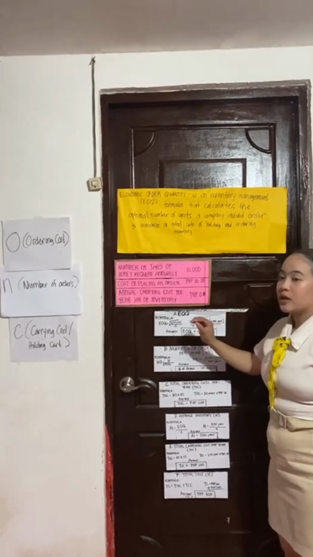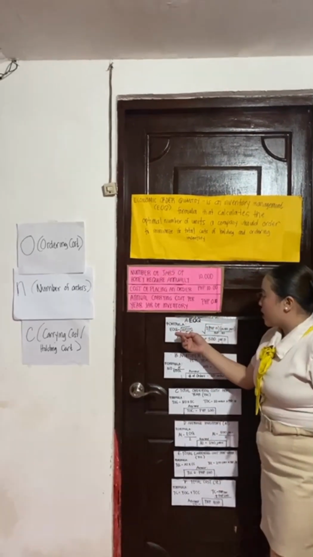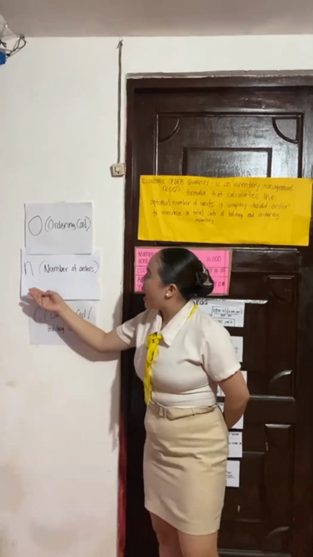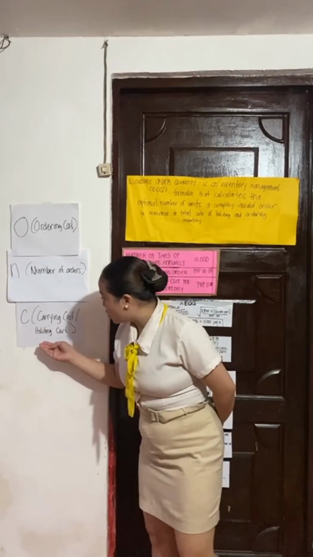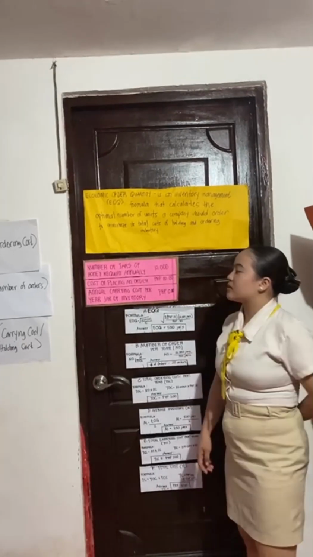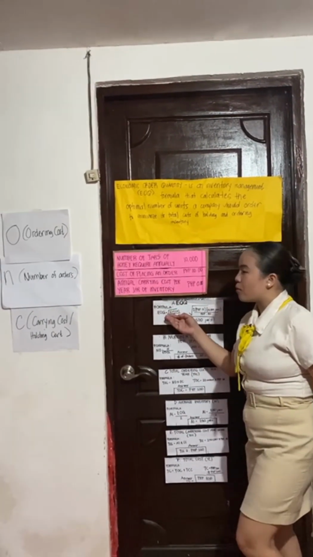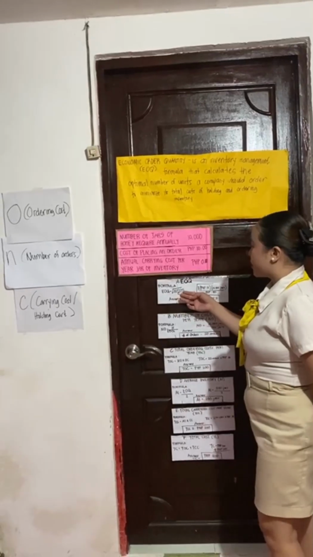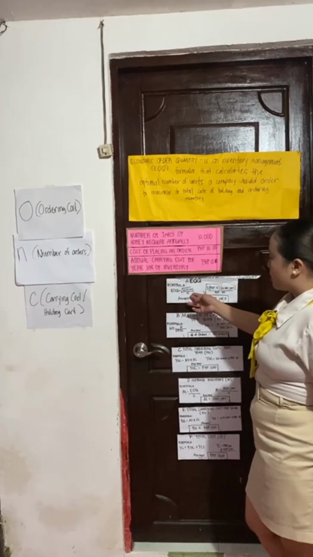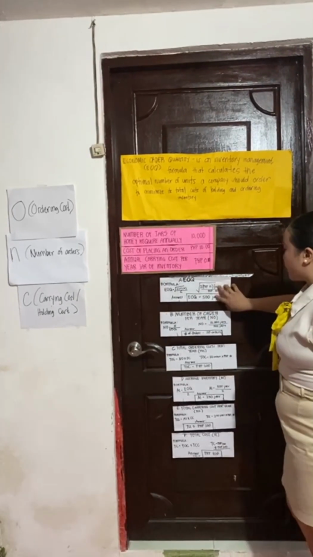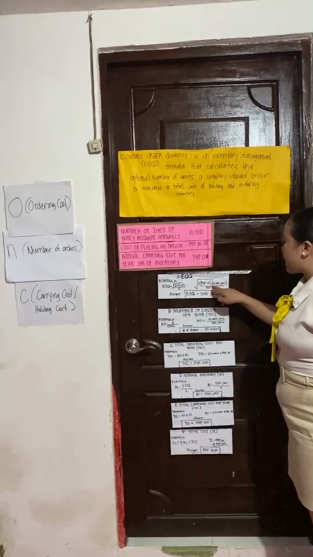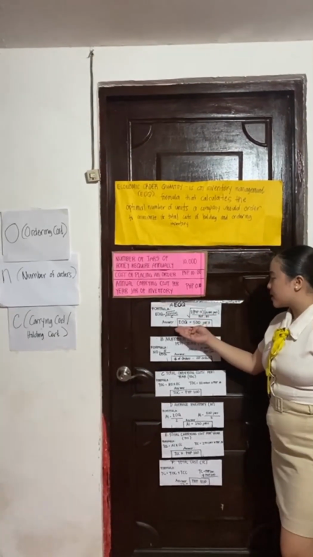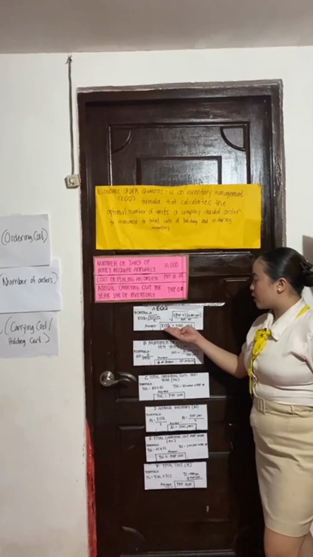So here I have the formula of EOQ. EOQ is the square root of 2 times O times N divided by C, where O stands for ordering cost, N stands for number of orders, and C is carrying cost, or holding cost. So here is the example. The formula of EOQ is the square root of 2 times ordering cost times number of orders divided by carrying cost. So here is the multiplication: square root of 2 times 10 times 10,000 jars divided by 0.80. So the result is 500 jars. EOQ equals 500 jars.